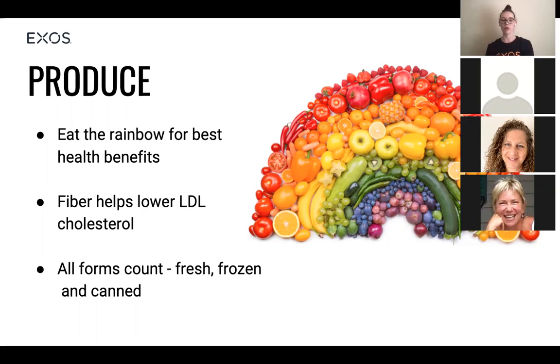So each color of food has a different purpose. For example, red is going to help the heart and circulatory systems, so things like raspberries, apples, tomatoes are going to help. And then yellow for brain function, so yellow peppers, bananas, things like that. And another example is orange. That's going to help with skin and mucosal tissues. So I know the carrots are going to help your eyesight. That's still mucosal tissue, right? So eating the most at every meal that we can is going to be very beneficial.